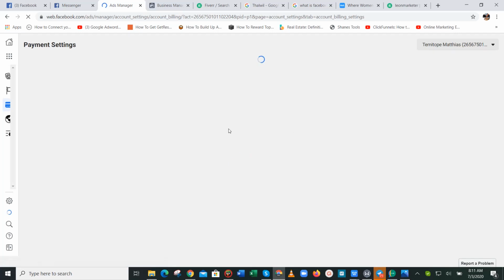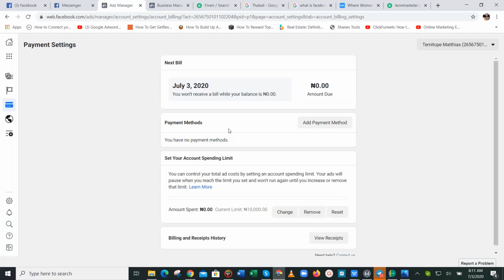So once you add the card, make sure there is money on the card that he or she added, so your ads can now start. But if he or she didn't add any card, or he had a card and there's no money on the card, the ad won't start. It will just be in draft. So it's like you are wasting your time. So you add payment method. This is it. Then I want to teach you something